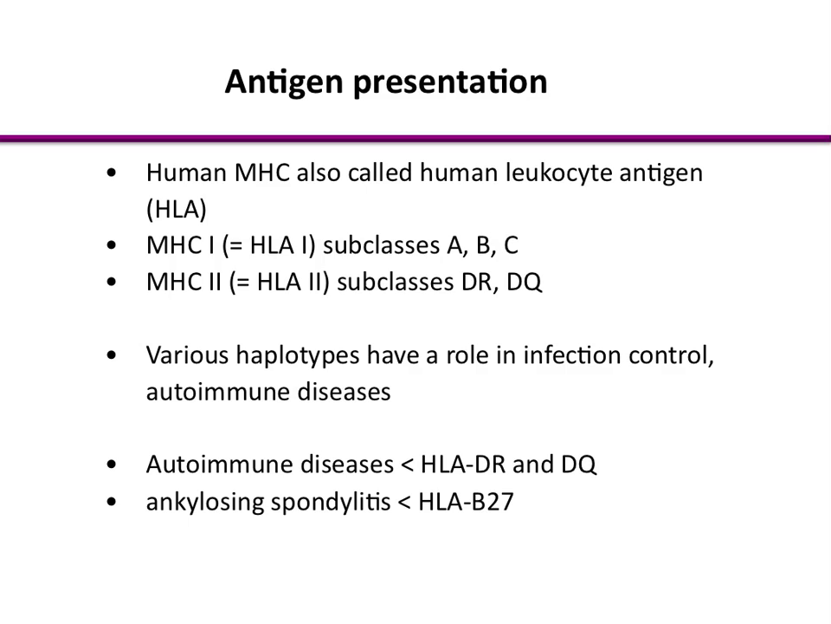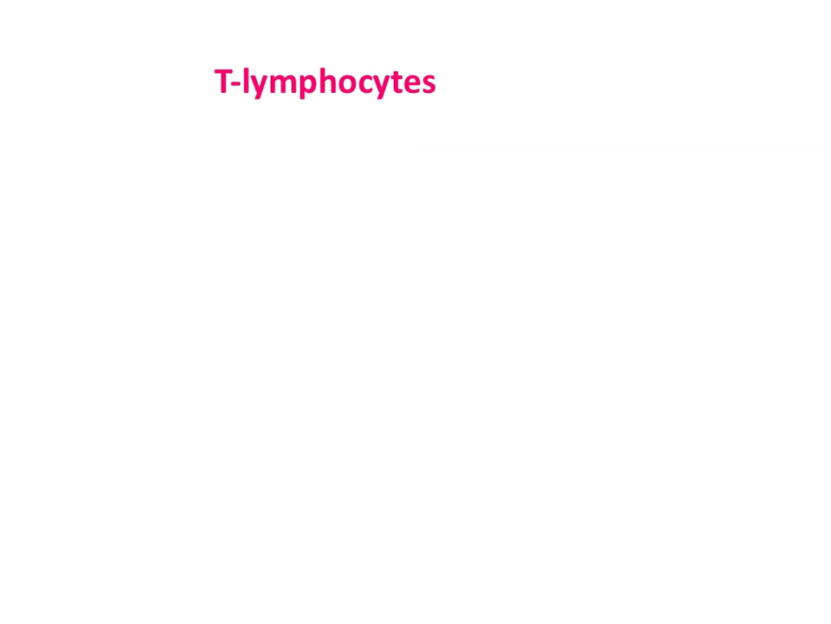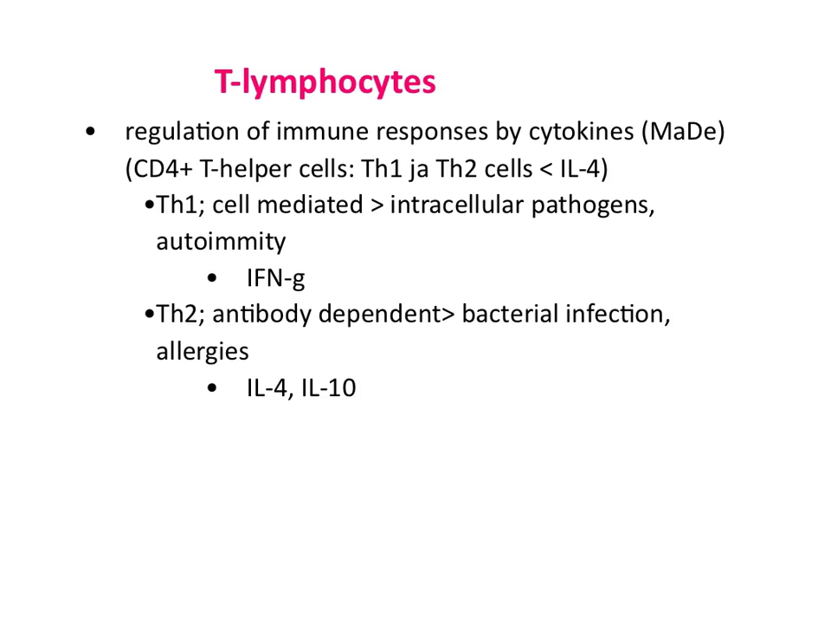autoimmune diseases, and HLA-B27, class 1, is linked, for example, with ankylosing spondylitis. So a problem in what is presented to your T and B cells, an innate cell side problem, leads to autoimmune diseases. T lymphocytes, on the other hand, when they get